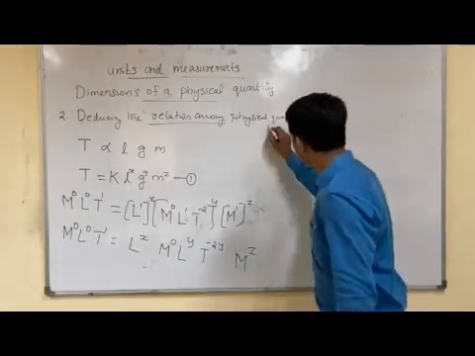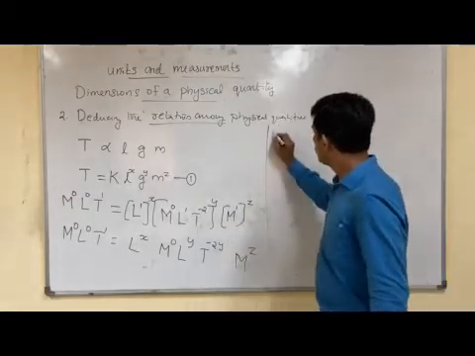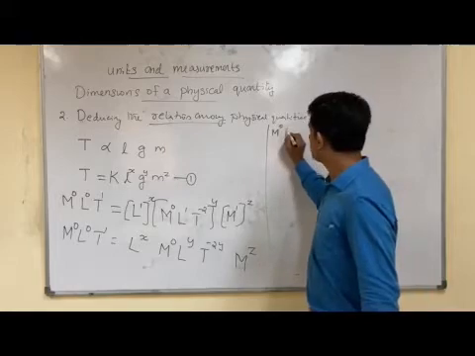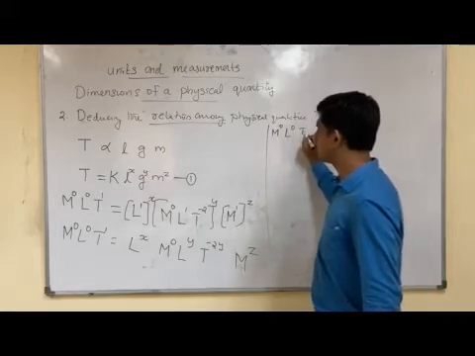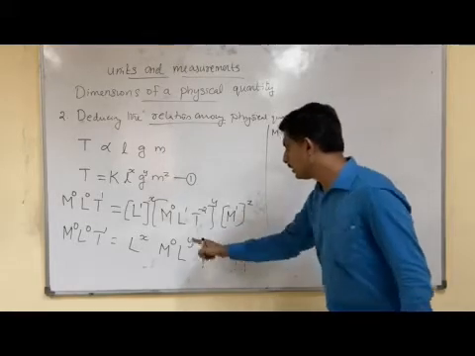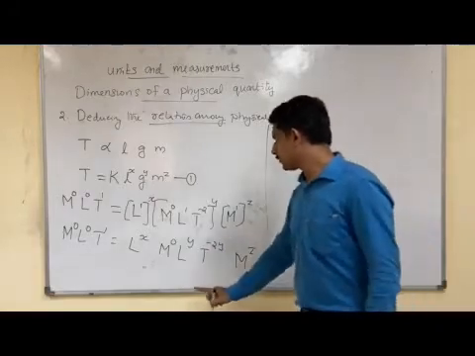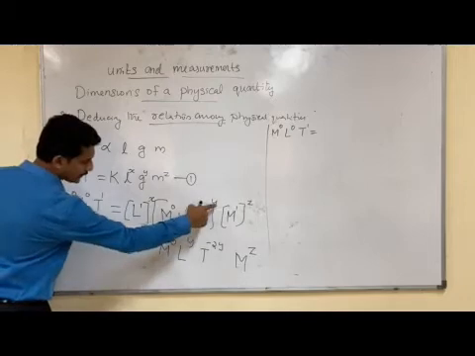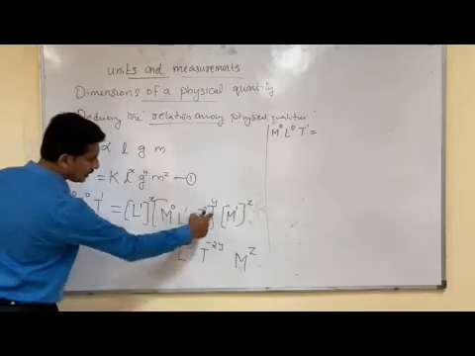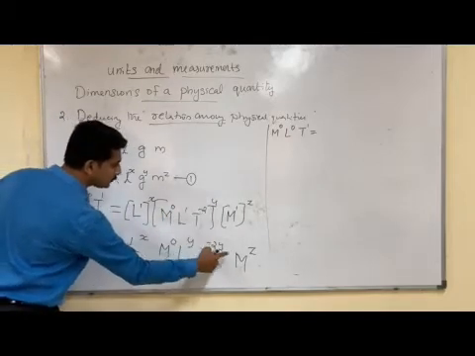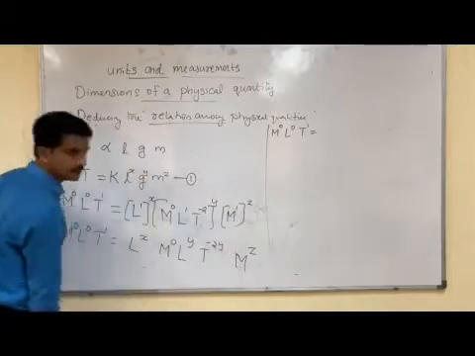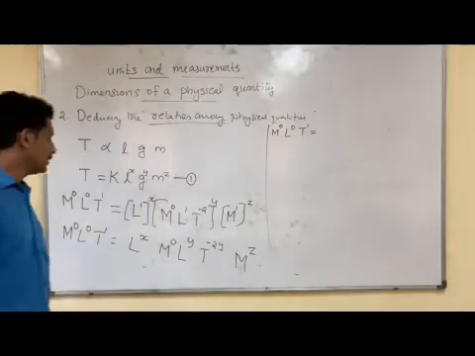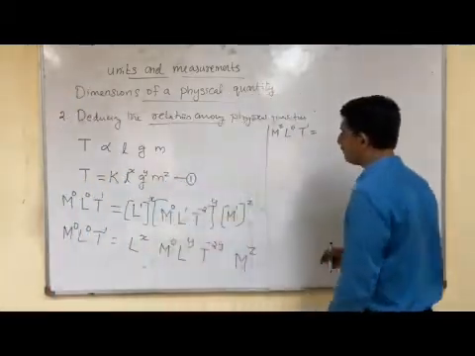Now I will again rearrange this equation. As you can see, M raised to 0, L raised to 0, T raised to 1 is equal to... We can rearrange this equation exactly. L raised to x, M raised to 0 into y means M raised to 0 only. L raised to y, T raised to minus 2y, and M raised to 1 in z means M raised to z, we can see. Now we can rearrange in terms of M, L, T.